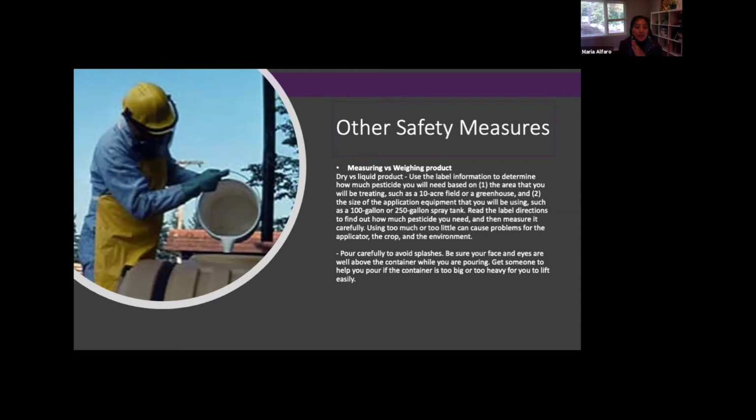Other safety measures: when you're going to pour a product, make sure that you are standing on a stable surface, that you are above the tank where you're going to be pouring, and do it slowly and carefully so that you avoid splashing. It is, again, very important that you read the label directions to know the ratio of water,